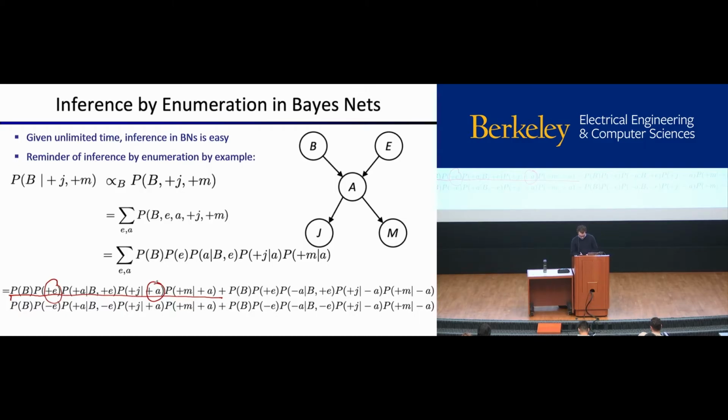And then we have a second term, in blue, where E is positive and A is negative. So we do all the different combinations of E and A, and then we multiply these different conditional probability distributions together for each combination. Okay, so this looks scary,